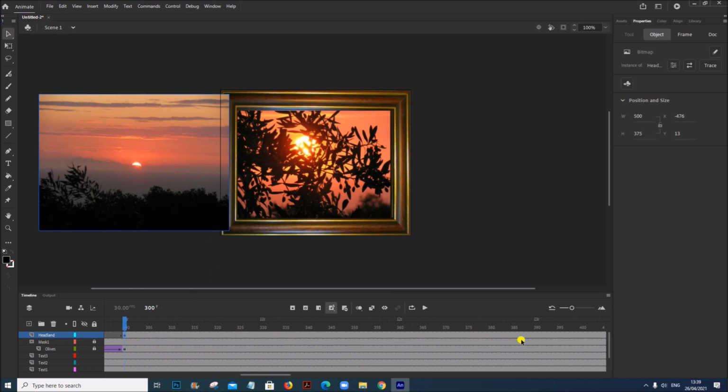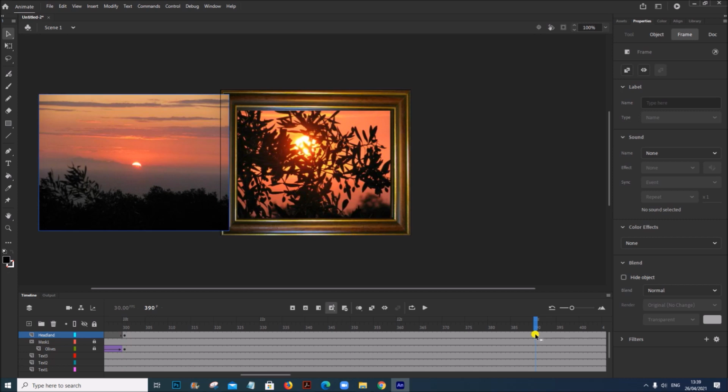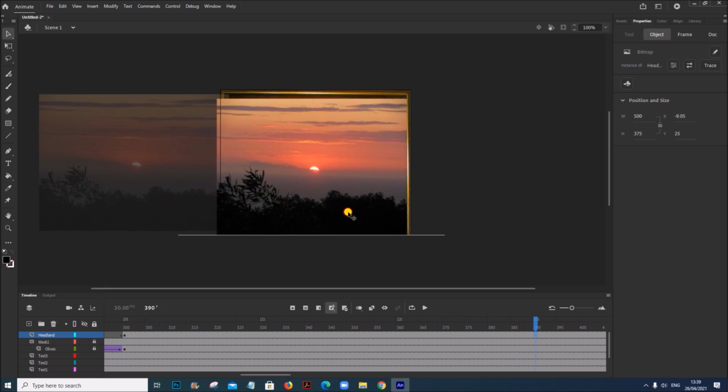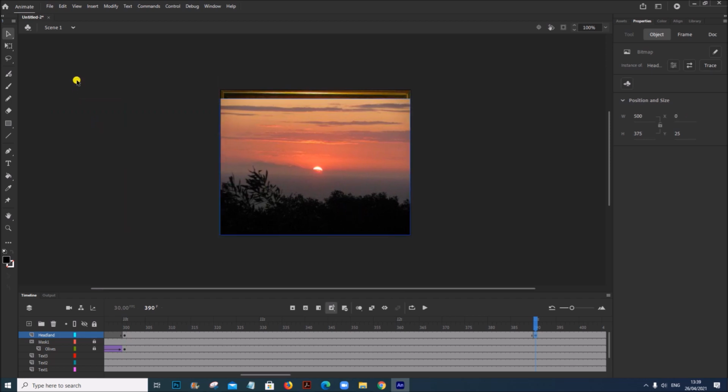So after 3 seconds, that means at the 13th second, the image must cover the frame.